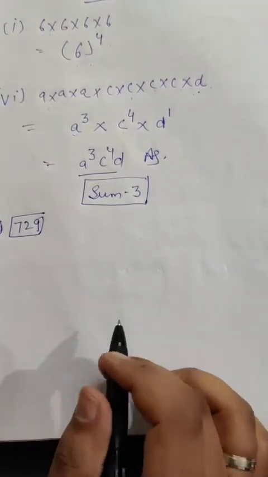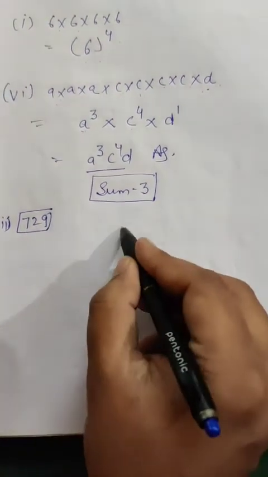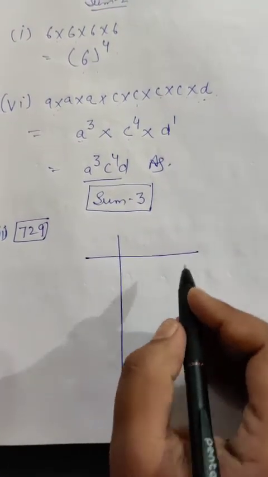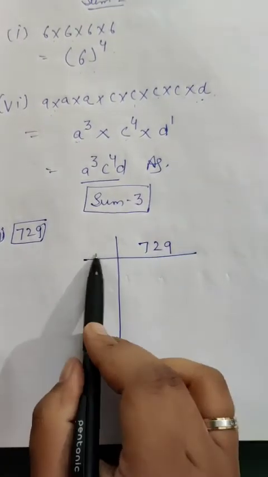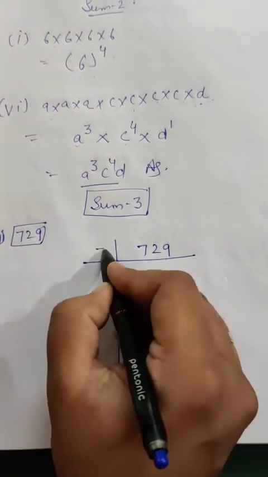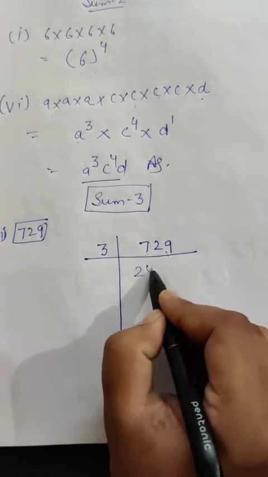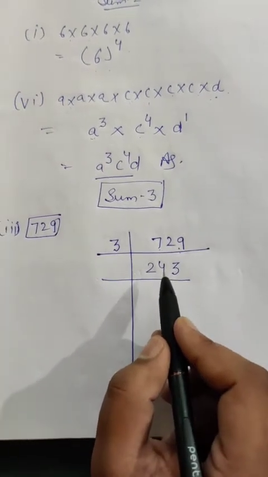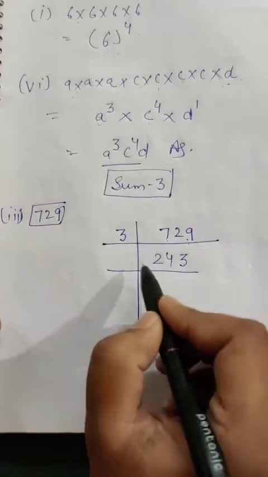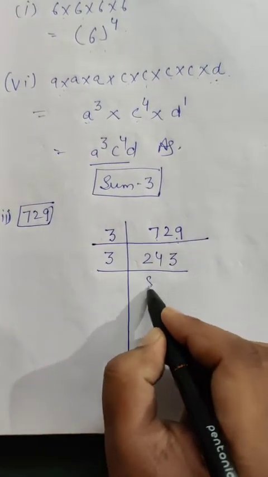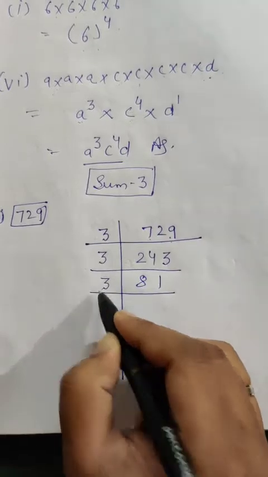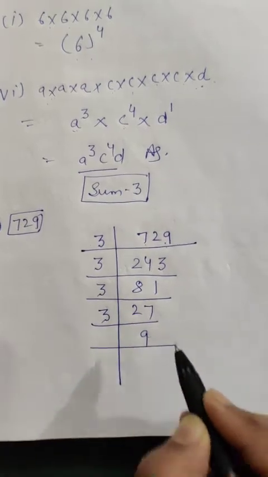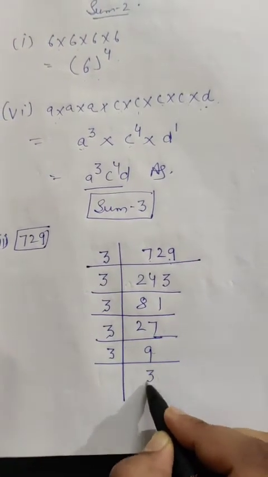So first of all, the first step is we have to take the prime factorization, and then write it in the form of its exponents. So 729 is divisible by 3, and that is 243. Now again 243 is divisible by 3, so here it is 81. Now again 81 is divisible by 3, 27, again here 3, 9, again here 3, this is 3, again here 3,